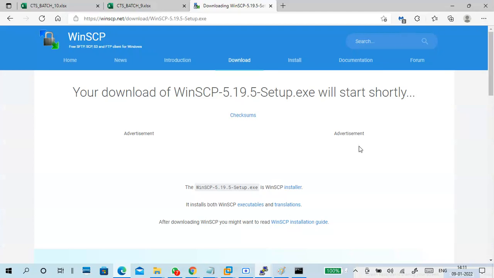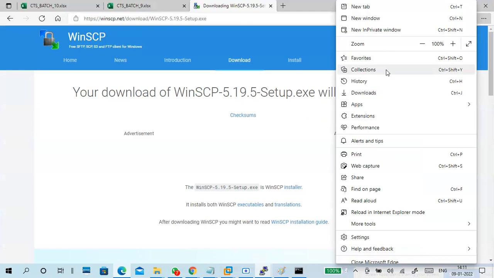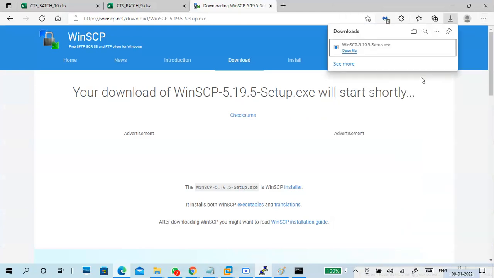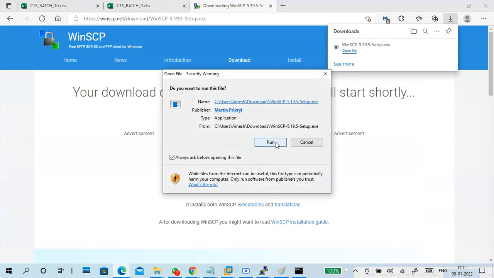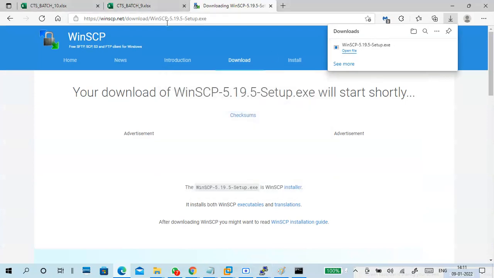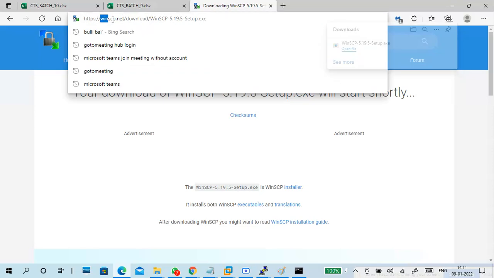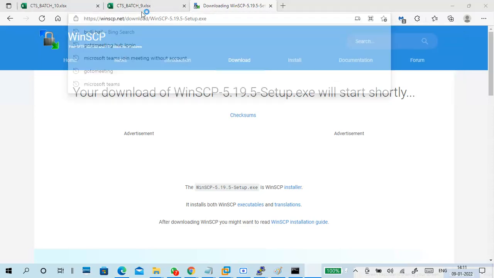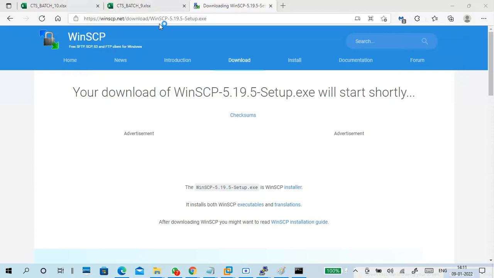Is it downloaded or not? So open the file, run it. Just download WinSCP. Go to WinSCP and download from this link. This is the latest version.